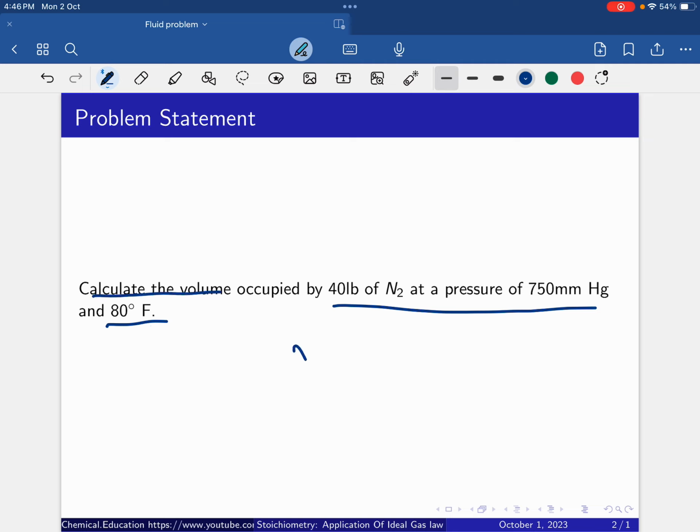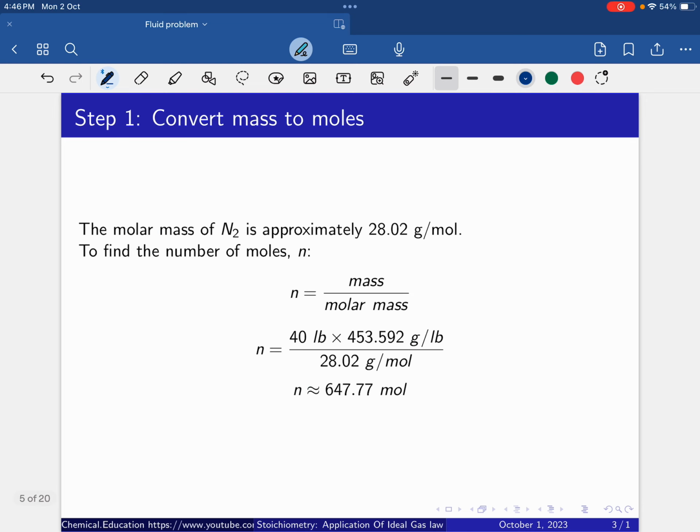So we have to calculate the volume. Before that, step 1 is to convert mass to mole. The mass of nitrogen is 40 pound. Now we know 1 pound is equal to 453.592 gram, and the total mass of nitrogen is